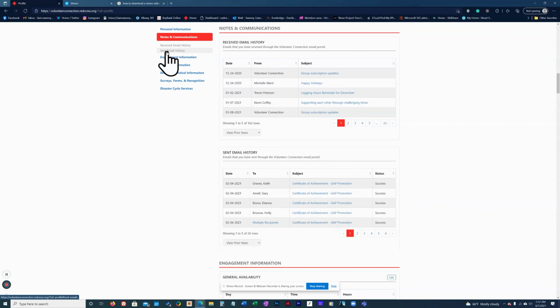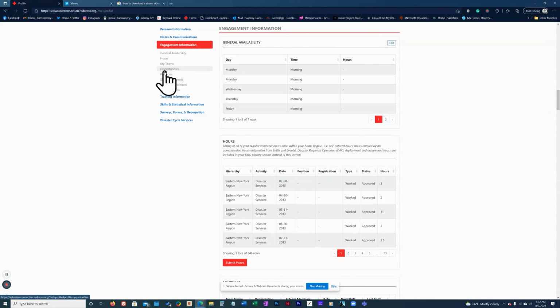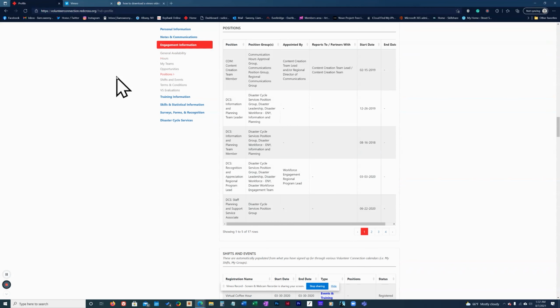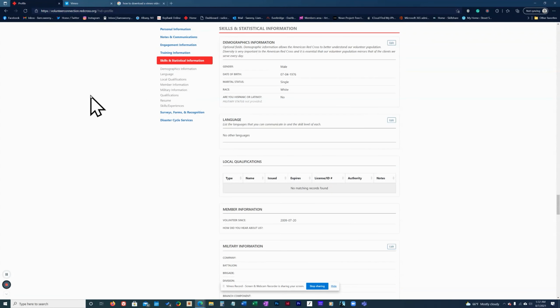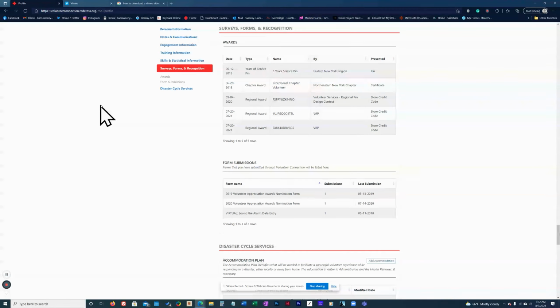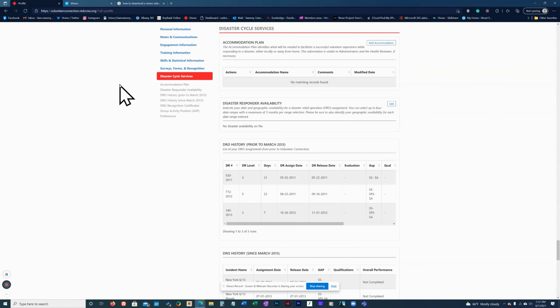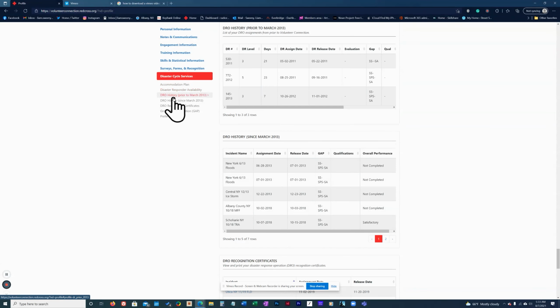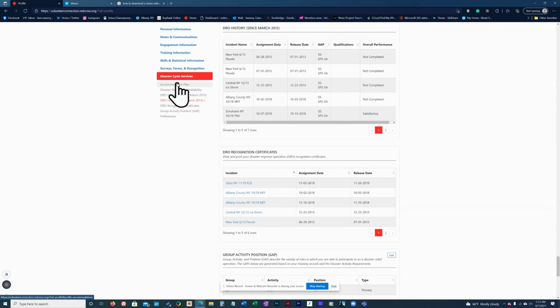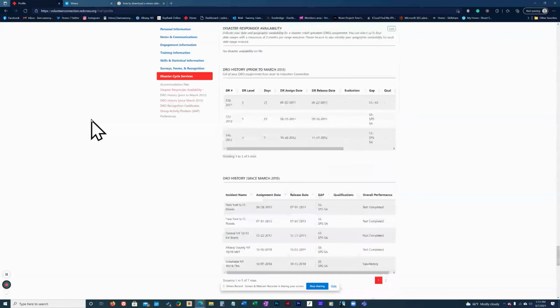So then when you go to the next blue link, see all the things that are under that blue link, go to the next one and all the things that are under the next one. Anything you click on here is going to pull up to the top. So then training information, skills and statistical information, surveys, forms and recognition, and disaster cycle services. If you are a DCS person, a lot of your DRO stuff is going to be here. DRO is just a disaster relief operation. So if you go out and work an operation somewhere, you're going to have information in here. I don't know if you're going to have to deal with this area, but someone is, because this is all the